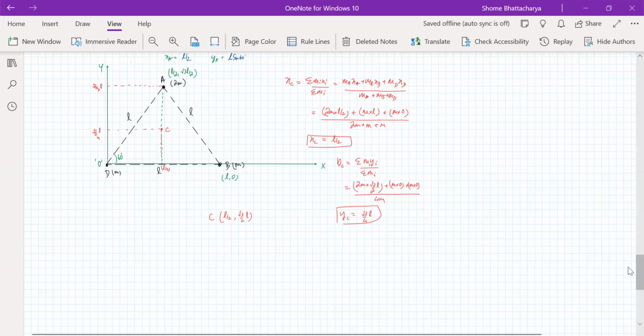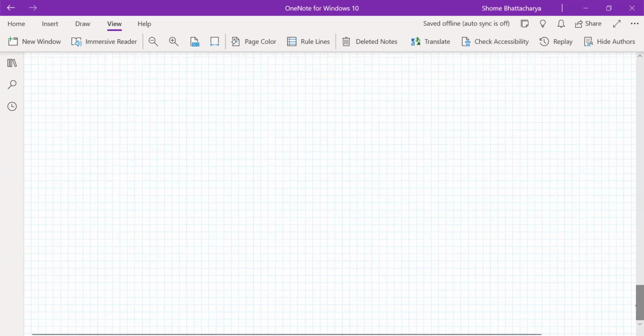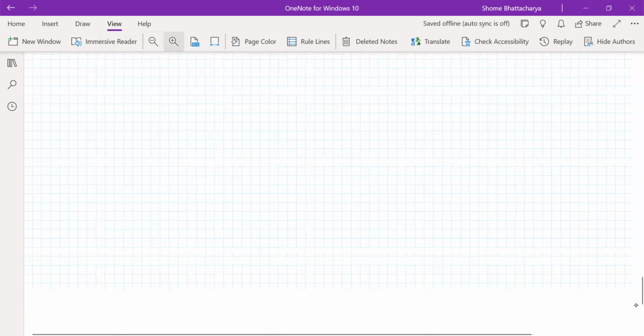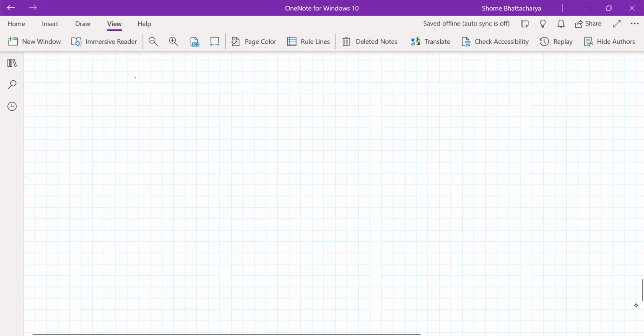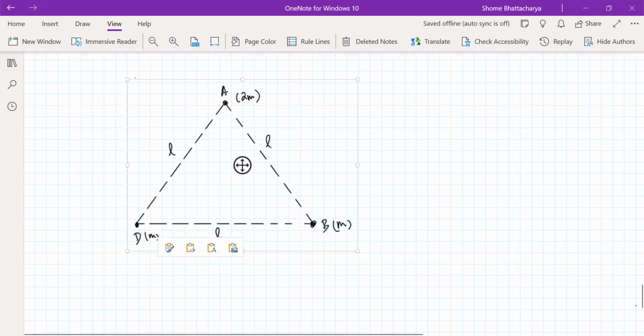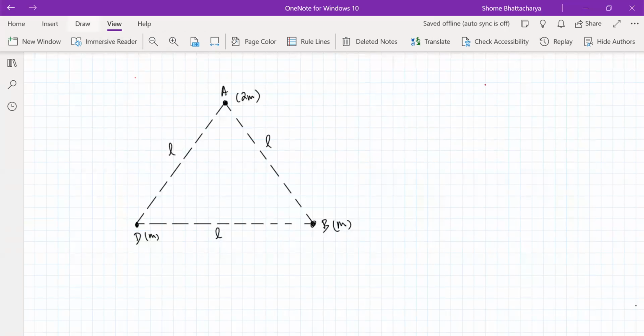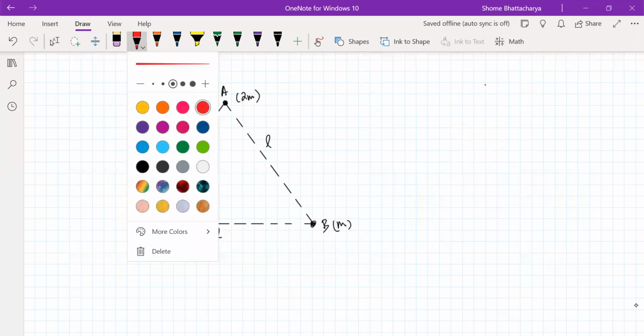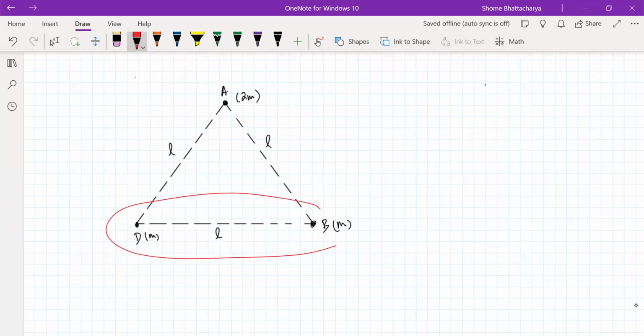Okay, so now let's also see alternately how we could have made use of the symmetry of the problem to come up with something simpler. Instead of first finding the center of mass of the whole system, we first notice that B and D are a two particle system which are identical. So their center of mass will be where? At the midpoint. So now we can use that and say that this system is equivalent to,